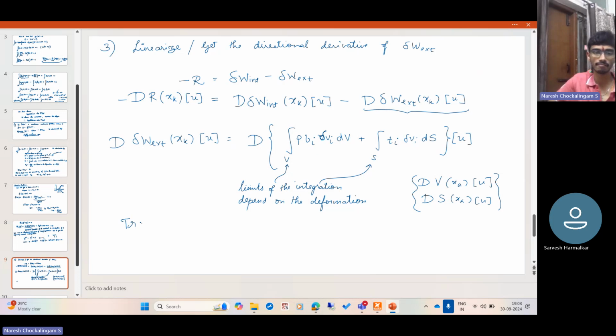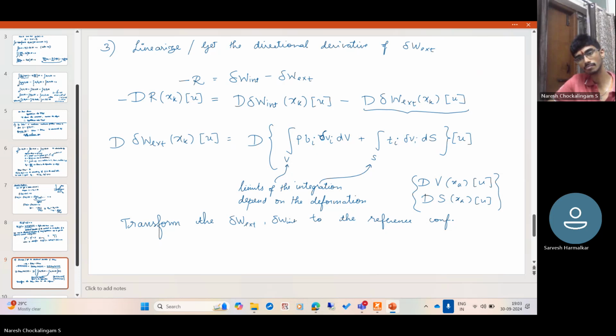Therefore, transform the virtual work, both external and internal, to the reference configuration. By transforming the external and internal virtual work to the reference configuration, what we get is,